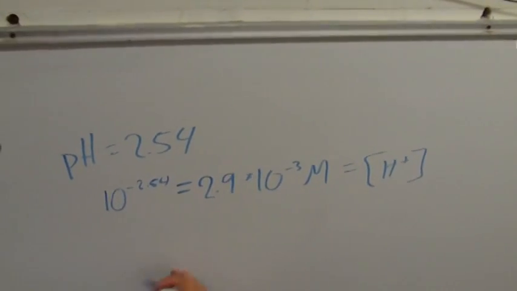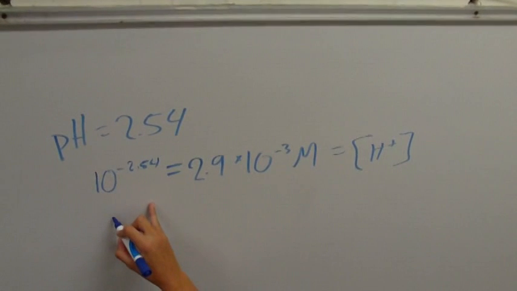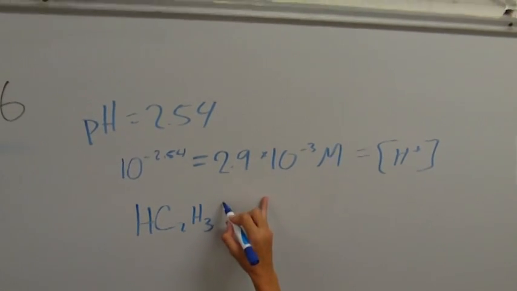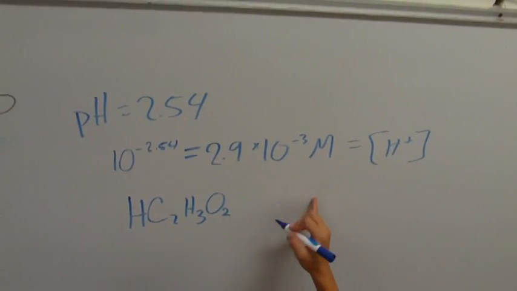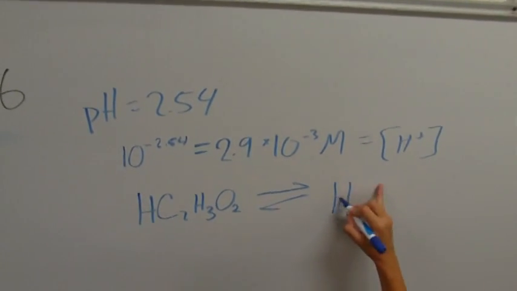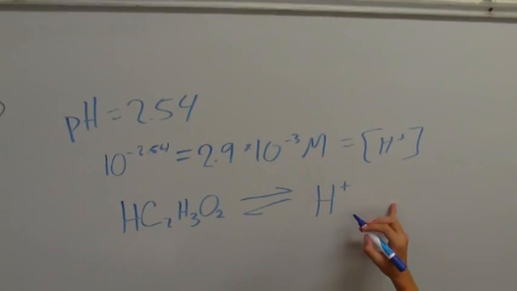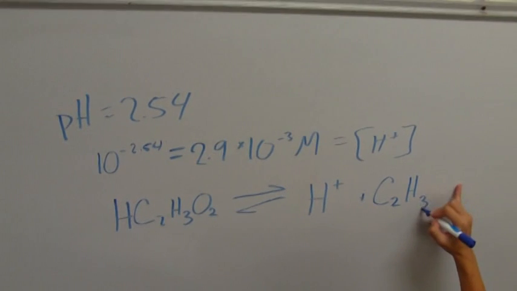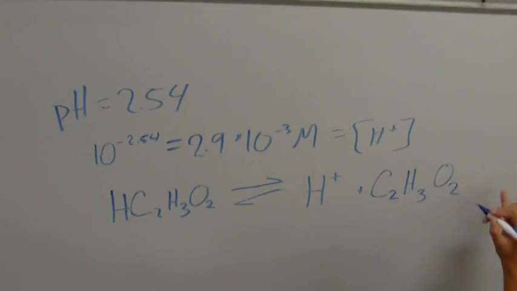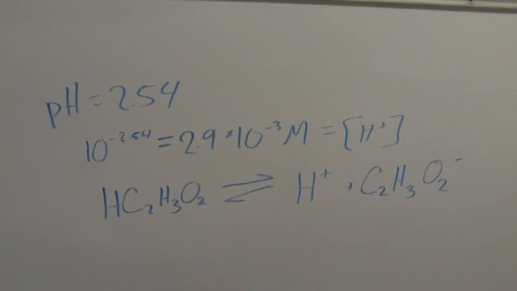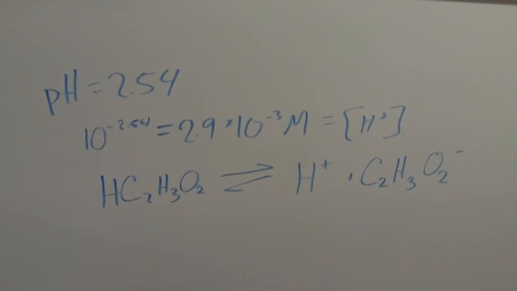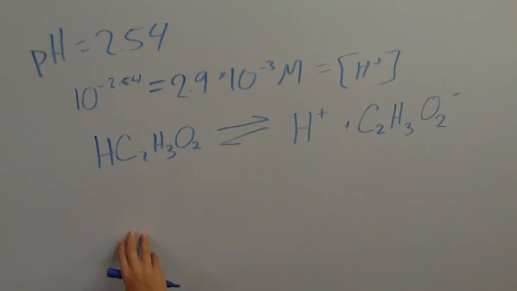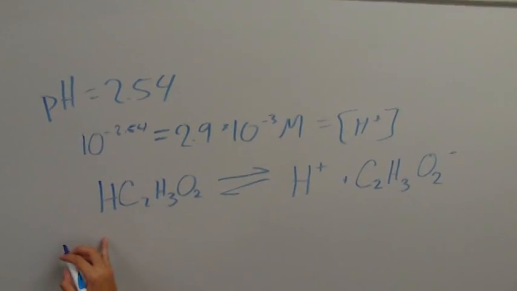So the equation that we're looking at is acetic acid in water dissociating into H ions and acetate ions. So they are asking for the final concentration of acetic acid. So we're going to use an ice table here,